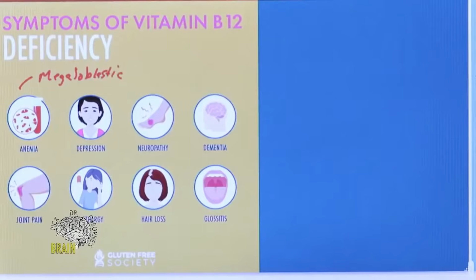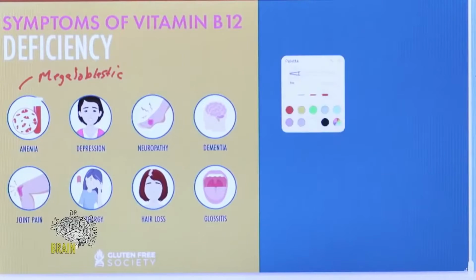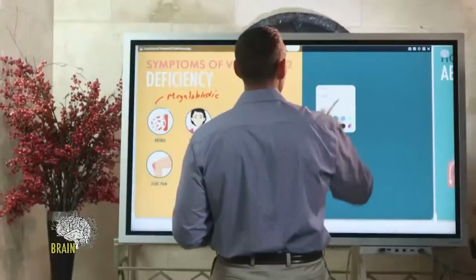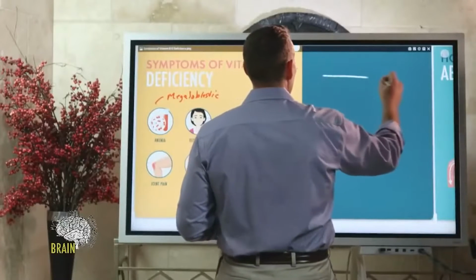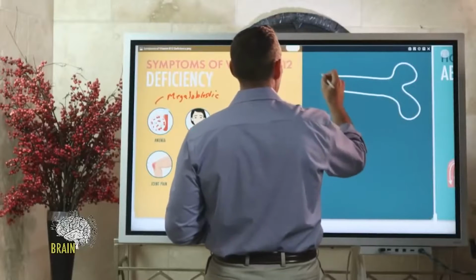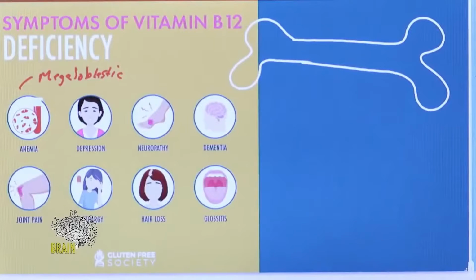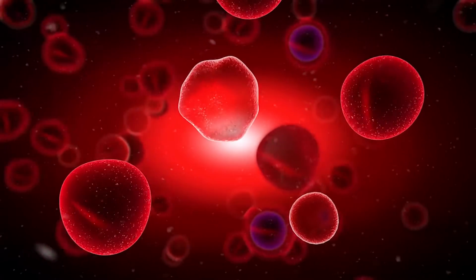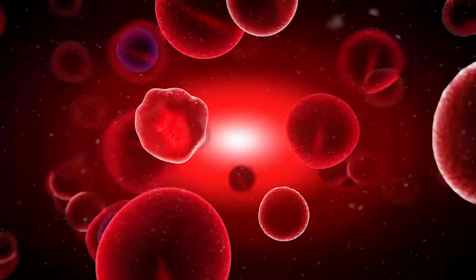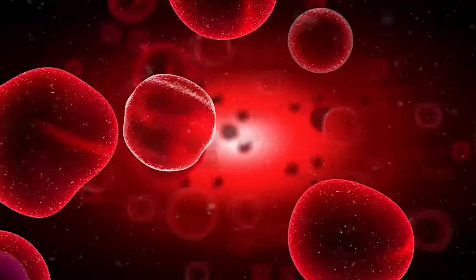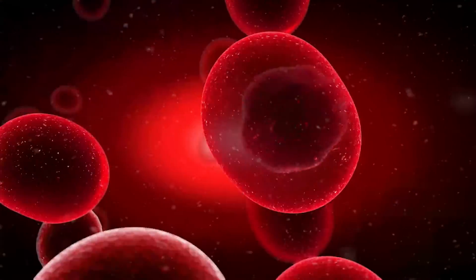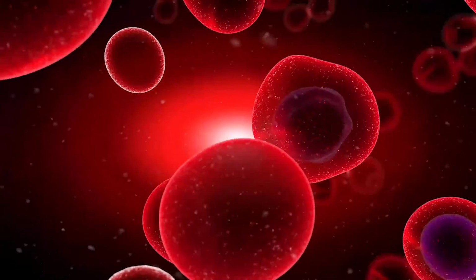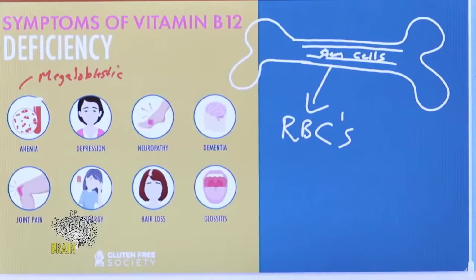The anemia component is, let's draw a different color here. Inside your long bones, you have bone marrow, and inside that marrow, you have what's called stem cells. These stem cells are precursors, if you will, to forming red blood cells, RBCs. Okay, so when we're talking about anemia, generally we're talking about red blood cells in particular, but a megaloblastic